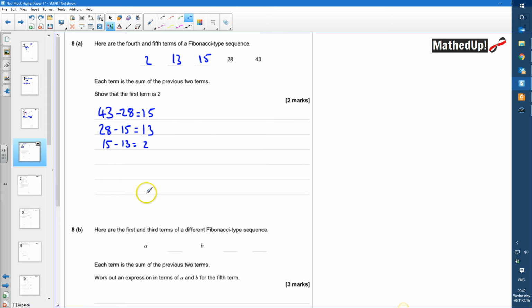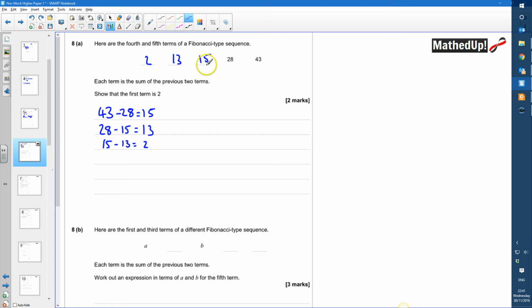Okay, so part B says here are the first and third terms of a different Fibonacci type sequence. So the first term is A and the third term is B. Each term is the sum of the previous two terms. Like before, we need to work out an expression in terms of A and B for the fifth term. So A plus this term here gives me B. So like we did before, we can work backwards, and if I do B take away A, that would give